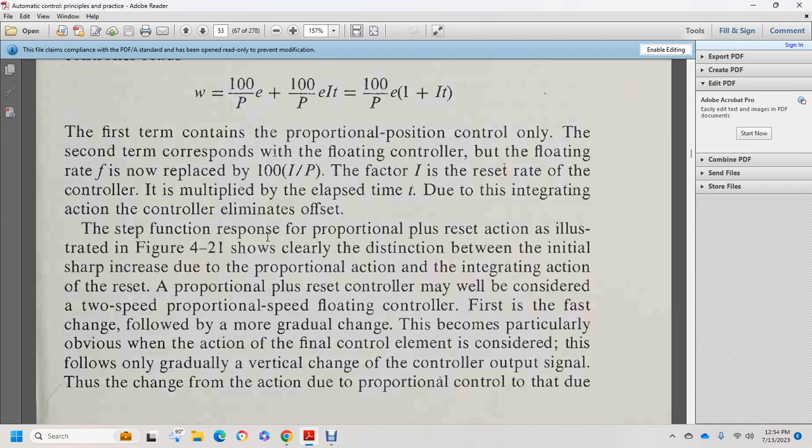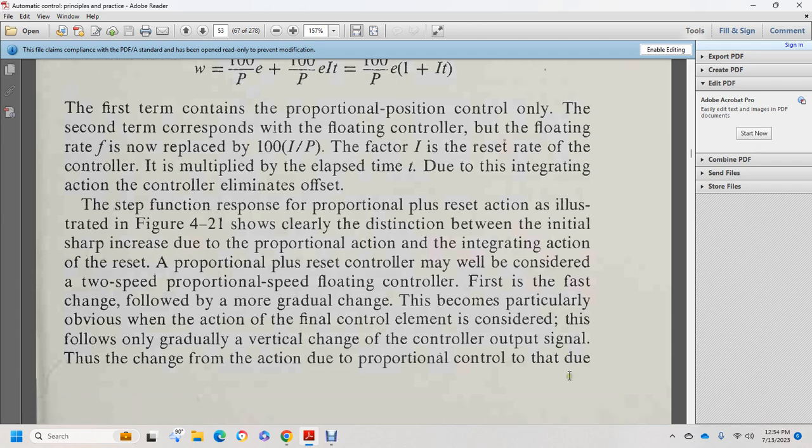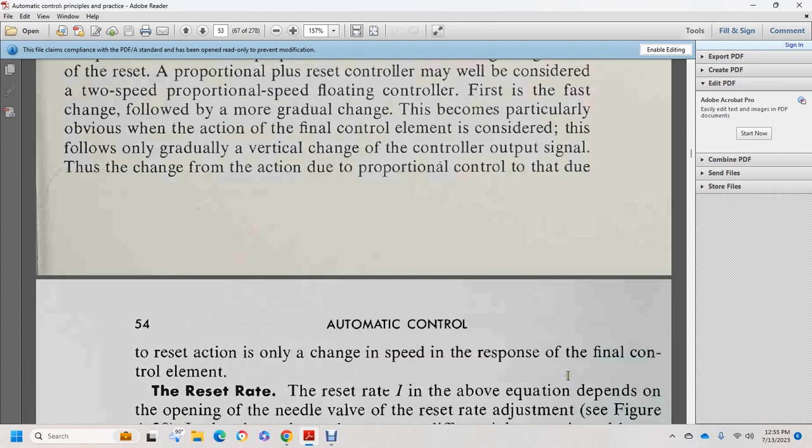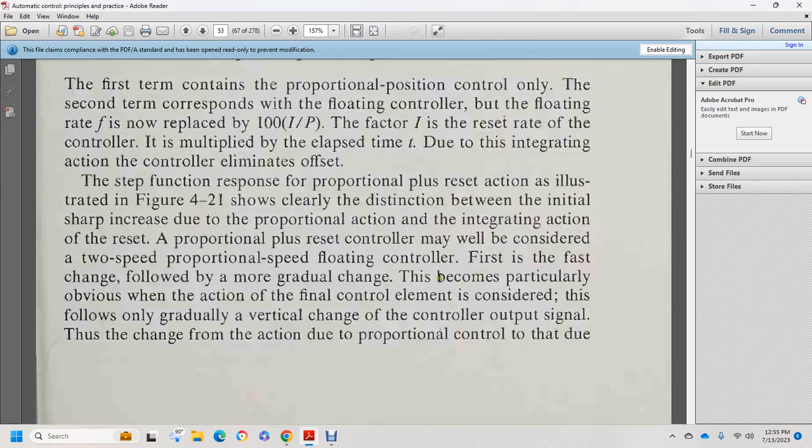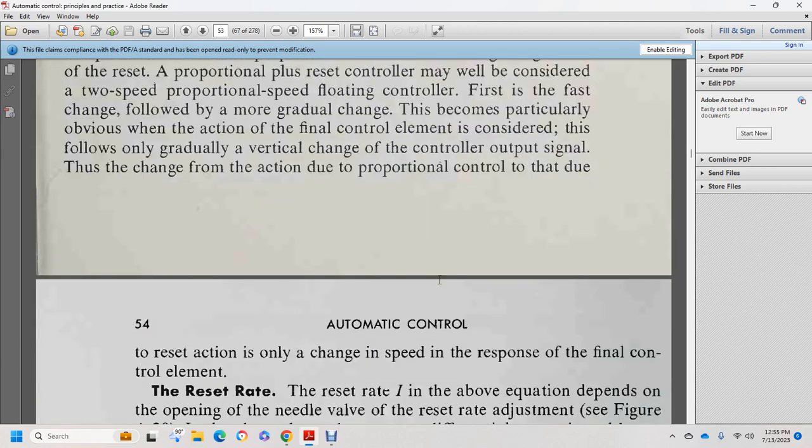This becomes particularly important for the final control element, considered as a valve, with the gradual change in the controller output signal. The change of action from the proportional control to the reset action is only a change in the speed of the response of the final control element. The reset rate, which was the factor reset rate of the controller,